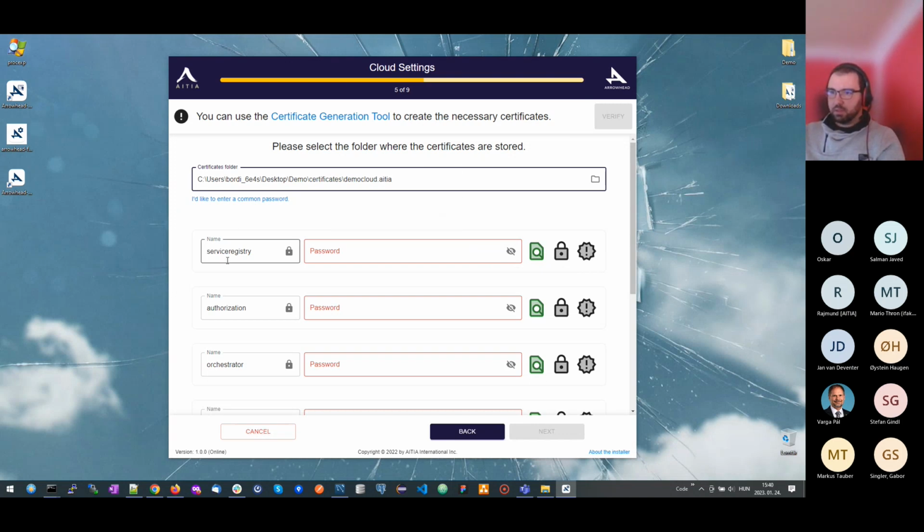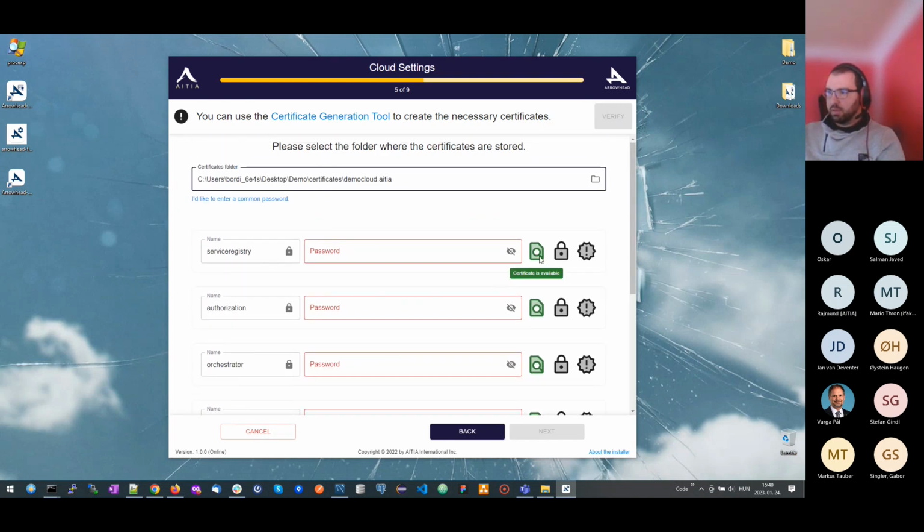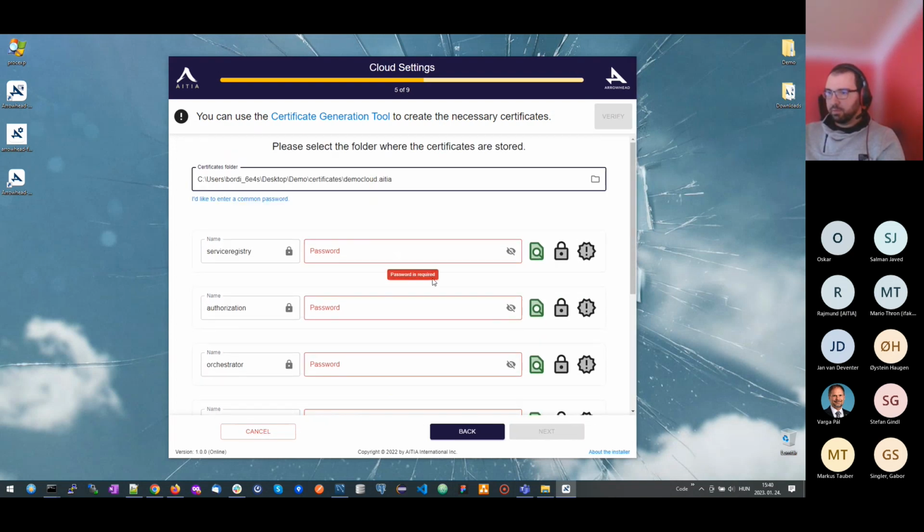So what we can see is that these are the core systems which were selected. The installer has found certificates for all the systems. So certificates are available. Now I have to provide the passwords for the certificates. And in real life, you would have different passwords system by system. But now in a test session, we are using a default password, and I have the possibility to